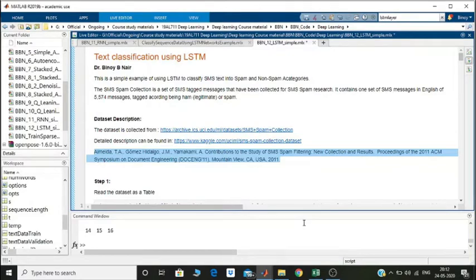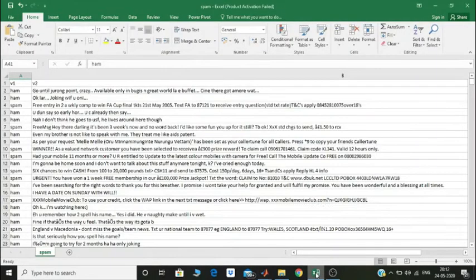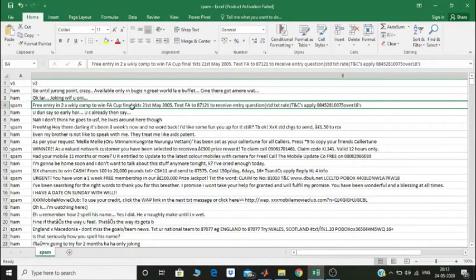So the data set is simply like this. What you have is a set of SMS messages which are classified into two categories. The first column is the classification as either spam or non-spam. The non-spam is represented using the word ham. So ham represents decent good messages, and spam represents spam messages. You can see the spam messages are typically of this type, and ham messages are something like this.